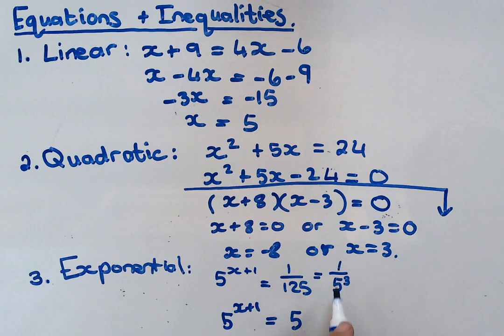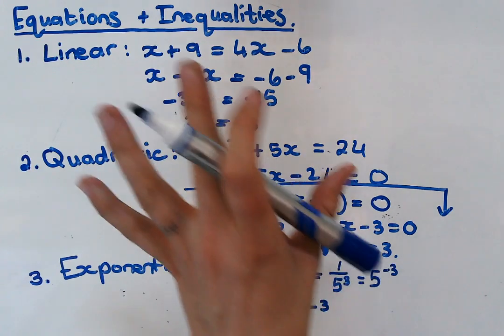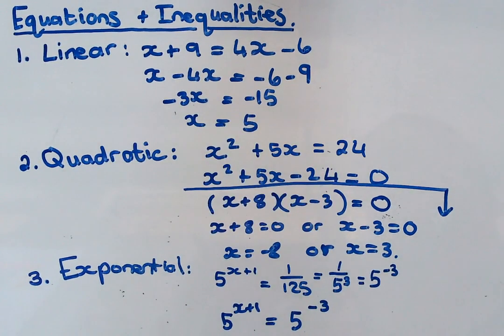And if you want to compare 1 over 5 with 5, it's not a bad idea to maybe just bring that 5 up using this negative exponent law. Bring the 5 up, make the exponent negative, so that this is equal to this, and then x plus 1 is equal to negative 3, and then I'm going to transpose the 1, so x is negative 4. The space is up here, but okay. Those are the equations that you need to be able to do, all of those different types.